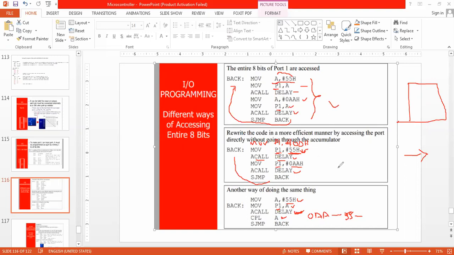So this program, all are similar. All are same only, but the way of writing the program is different. Here I have used so many instructions. Here it is quite reduced. Here it is again so much. It is reduced to many of the instructions. So it is our logic, what we can utilize, what we can write in what way, for reducing the instructions. Understood?